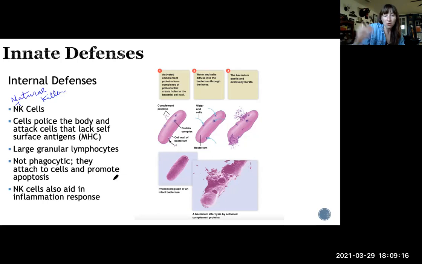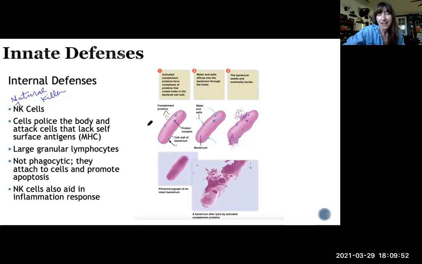Instead, they call over what are called complement proteins. They call over these specialized proteins whose job it is to, when they are alerted to and directed to a target cell, create a little complex in the plasma membrane. They insert themselves in the plasma membrane. They literally form a hole in the plasma membrane of the targeted offending cell,